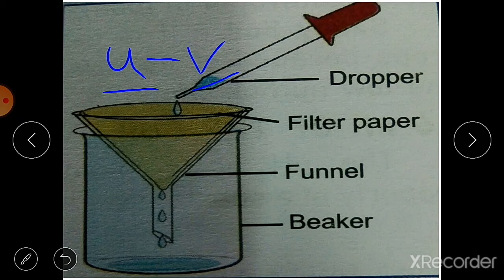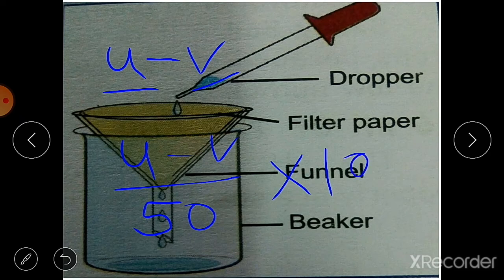To find out the percentage of water absorbed by the soil, we will use the formula (U minus V) upon 50, into 100 for percentage.